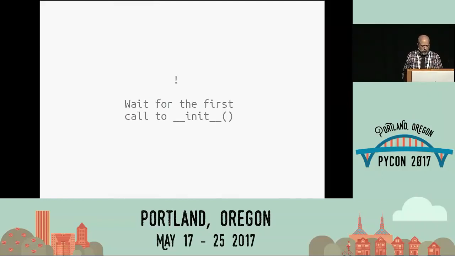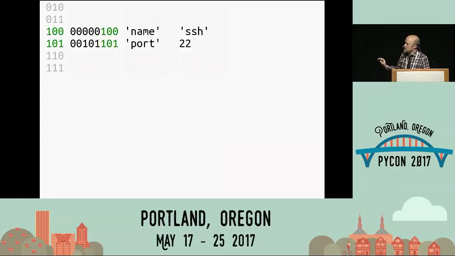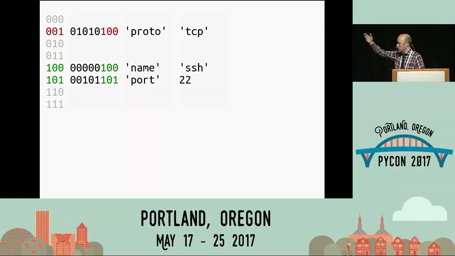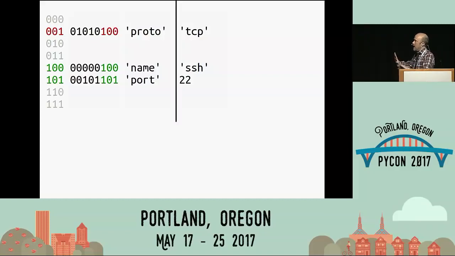And Mark Shannon thought about this. Class has just been created. What if we wait for the first ever call to that class's Dunder init? It will create an instance of the object that looks like this. What if we then go in and split apart and store in separate areas of memory the hashes and the keys and keep them forever?